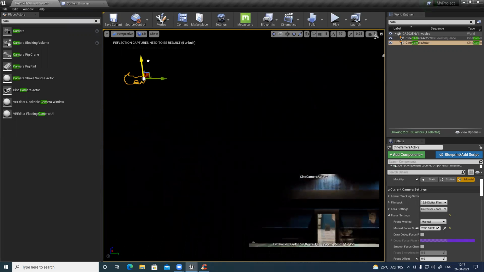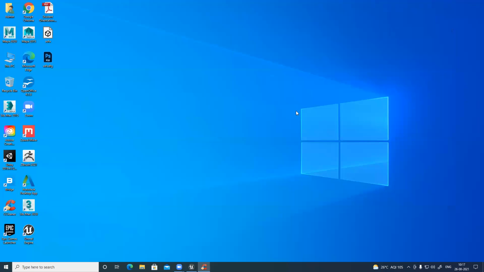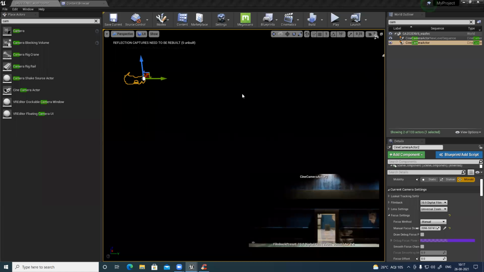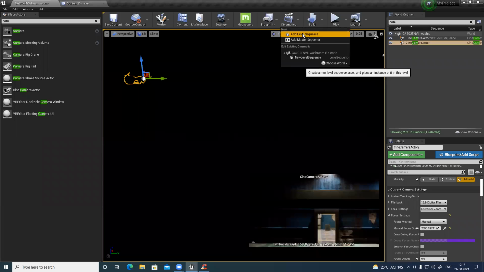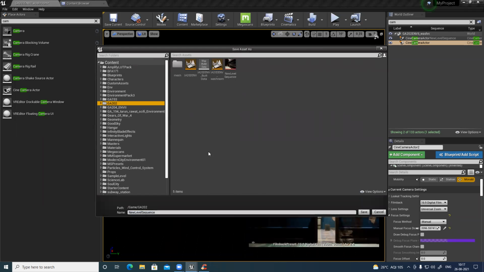The placements and all, I can definitely change and check. And for this camera, I'll just adjust slightly. I'll just move it forward. So for that, I have to create one more sequencer for this camera, add one more level sequencer. For each camera, you have to create multiple different sequencers.